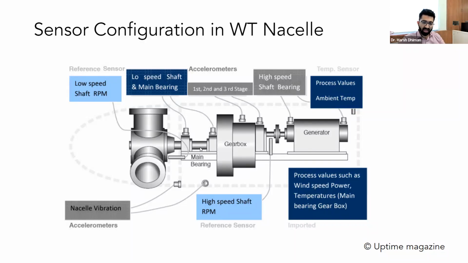The main bearing, as you can see, is present here on the low speed shaft of the gearbox, as it is connected directly to the rotor hub. The rotor hub is essentially the part which consists of the blades. If your main bearing is working well, then you can say your gearbox operation is good. Essentially, it is all dependent on the main bearing. If the main bearing fails, then you won't be in a position to amplify your speed, because it's all connected, right? And the entire gearbox operation would fail if the main bearing fails.